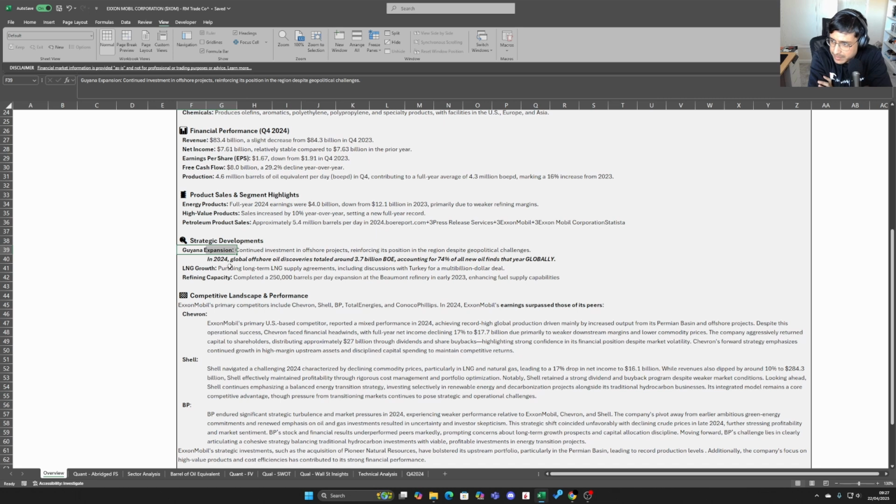And for anyone who's not too familiar with the geopolitical and oil and gas segment in general, essentially what happened, I guess, in 2015, I think, was that massive oil and gas reserves, primarily oil reserves, offshore, just on the Guyana coast, were discovered. And in 2024, this oil discovery essentially accounted for 74% of all new oil finds globally. So it's an absolutely incredible new discovery, and it's positioned Exxon, who have a lot of licenses and rights over this region, obviously with the Guyanese government.